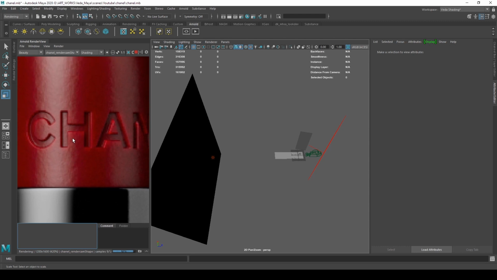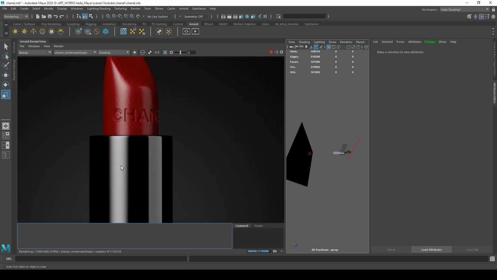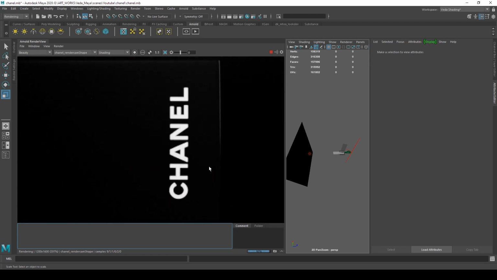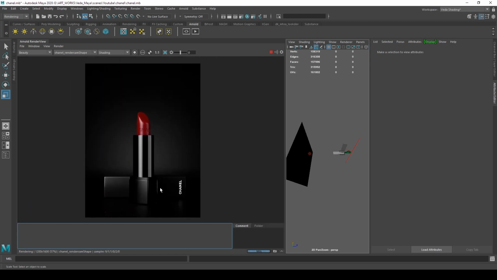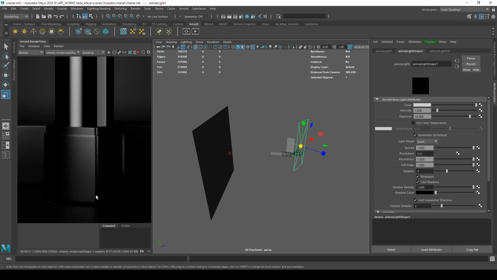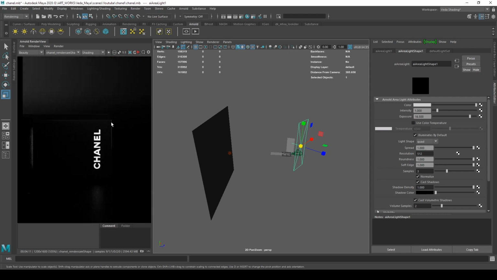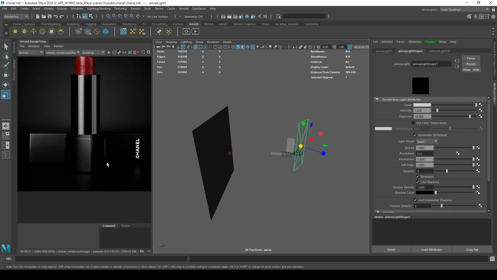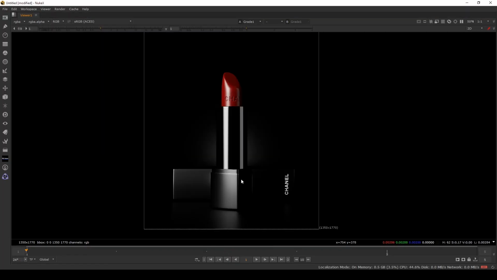So now the render is done. We can see that the displacement and the logo is very well defined. The other areas of the product are also well lit. So the curvatures are all well defined. There's a rim on the edge of the caps, and that is actually what we want. We need to define the shape of the product, which is the best thing for product designing.